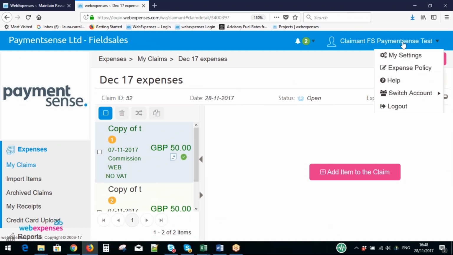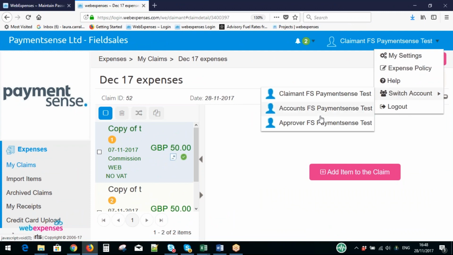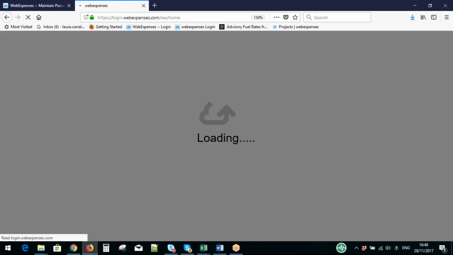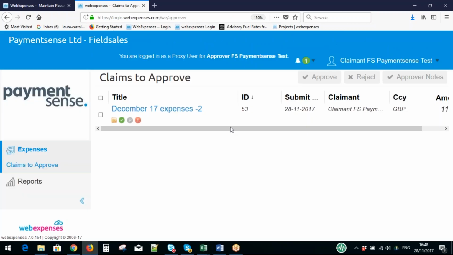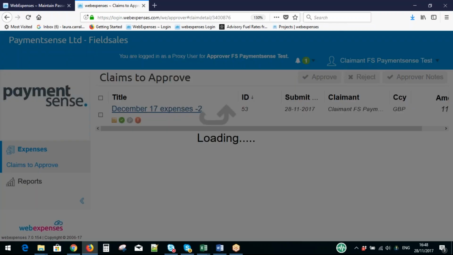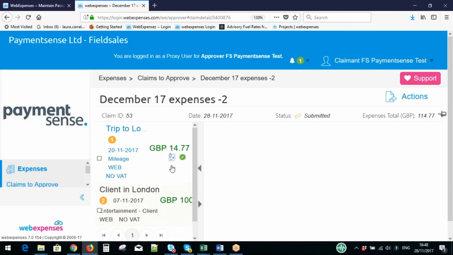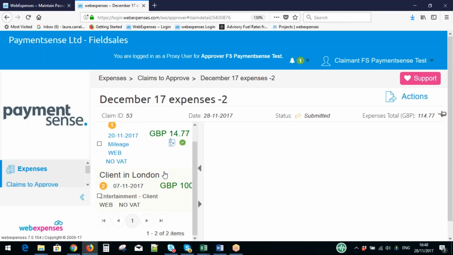this is you. The approver, you will never have access to the approver's account, but this is just for testing purposes. So as you can see, this is the approver. The approver has received as well an email telling him or her that there is an item to be approved. So the approver will open the claim that has been received into their inbox, and they will look at the